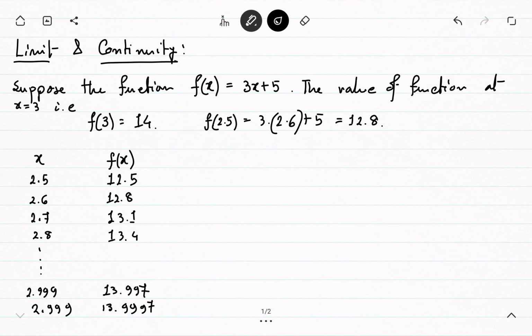Same thing you do with 3.5. So if you take x and this is f of x, and if you take 3.5, you will get 15.5, okay. If you take 3.4, it will be 15.2, 3.3 will be 14.9, okay. And if we keep continuing this up to